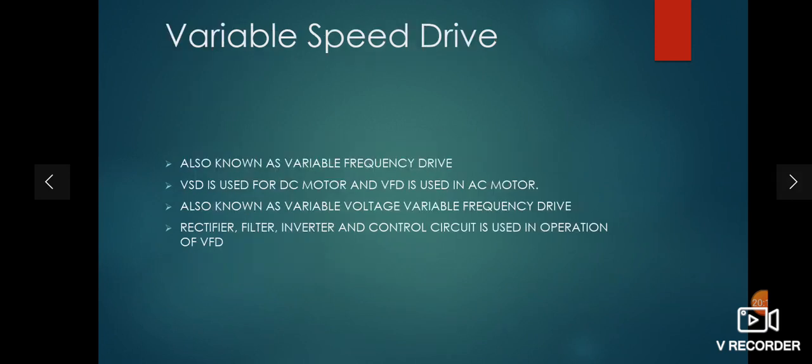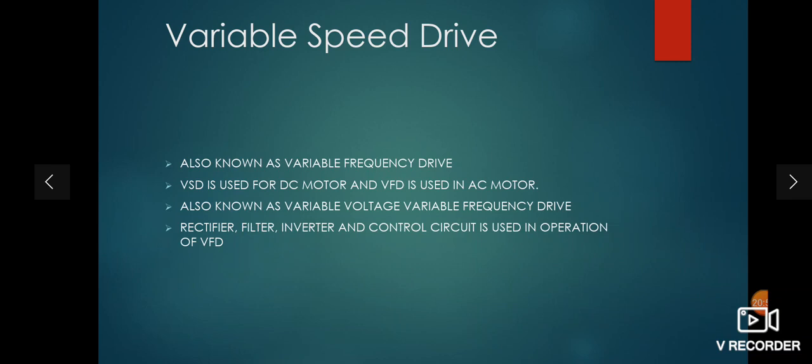So see, one is the variable speed drive. Variable speed drive is basically used with any motor. It is necessary to change the speed, meaning to vary the speed according to the change in load. So two methods are there, variable speed drive or you can say variable frequency drive. Variable speed drive is used for the DC motor, variable frequency drive is used for the AC motor. So the variable speed drive method is used to change the speed of the DC motor, and the variable frequency drive is used to change the speed of an AC motor.